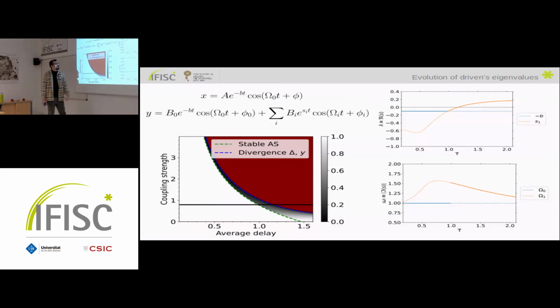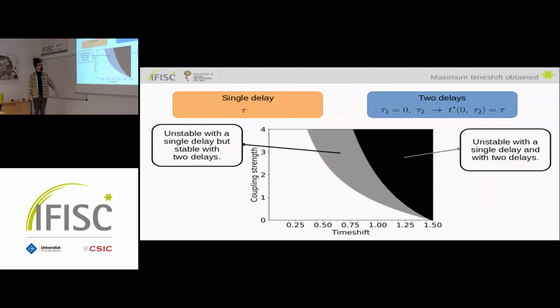So let me do an experiment. Let me take some comparison. In one part, I will use just a single delay, the thing that we have already discussed at the beginning of the presentation. And in the other part, I will use two delays. I will set the first delay to 0 or to a value close to 0, and the second delay I will choose so that this anticipation time is exactly the same as the one here, which is just tau. So we have a fair comparison between the two models.